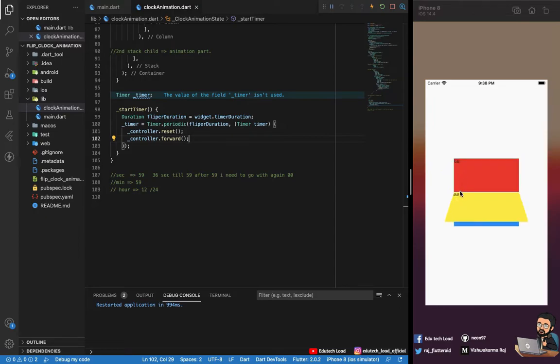Okay, but the 50 won't be replaced. So I need to tell the clock that yeah, you need to move ahead. Okay, from 58 you need to move ahead to 59. Then okay, if it's 59, then you need to start from 0 itself. So